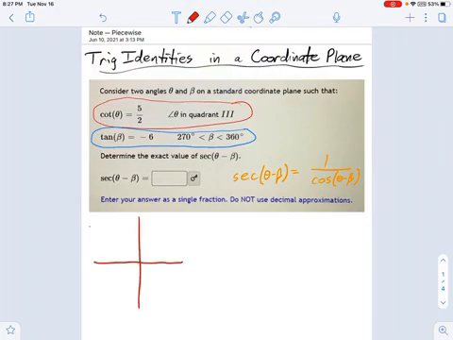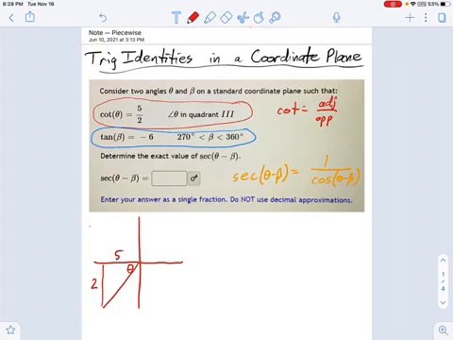And it looks like that first one is in quadrant 3. So I'm going to draw myself a quadrant 3 triangle right here. Does not need to be accurate. There's theta, and I know that the cotangent of theta is 5/2. Well, what's cotangent? It's adjacent over opposite. Okay, it's a good time to review your SOHCAHTOA ratios. So adjacent over opposite, that means